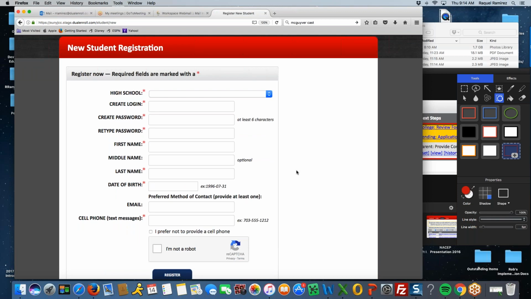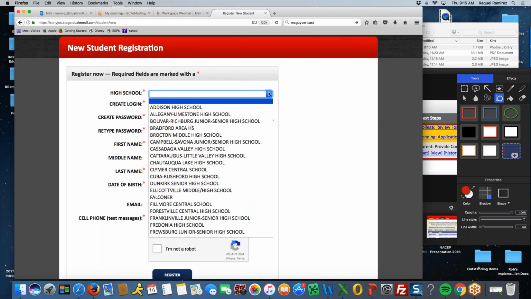And this is pretty standard if a student has created an account for anything, right? Like an iTunes account, a Yahoo account, a Spotify account. The student has to provide some basic information for that account to be created. For us, anything with a red asterisk, that little red asterisk denotes that it is a required field for their account to be created. And so the student is going to start by selecting their home high school, the high school that they attend,